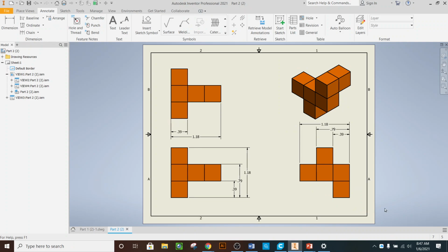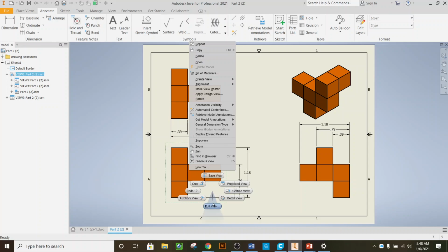Yes. How did you get the one on the bottom right to face up direction? Because mine's facing towards the right. Oh, how to make it change? Good question. So all of these views are based off of this first one we placed. So if you right click on that one and you say edit view,